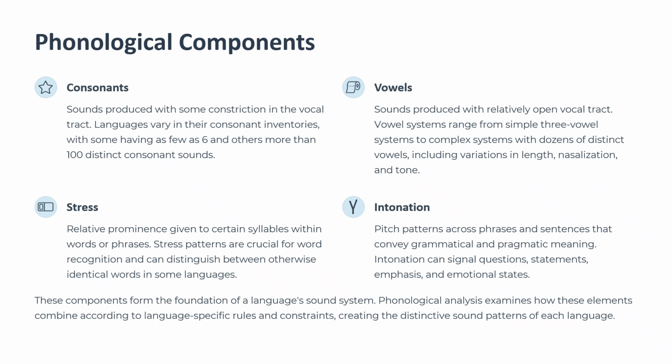Phonological components. Consonants. Sounds produced with some constriction in the vocal tract. Languages vary in their consonant inventories, with some having as few as 6 and others more than 100 distinct consonant sounds. Vowels. Sounds produced with relatively open vocal tract. Vowel systems range from simple 3-vowel systems to complex systems with dozens of distinct vowels, including variation in length,